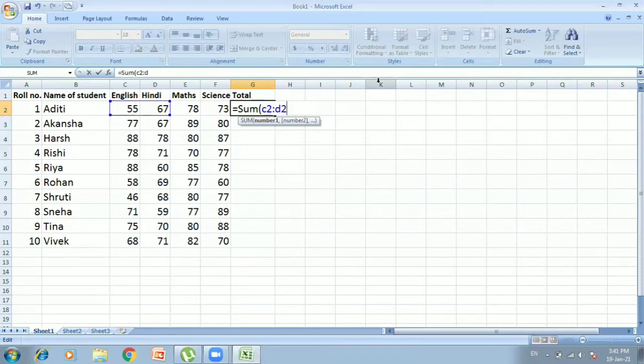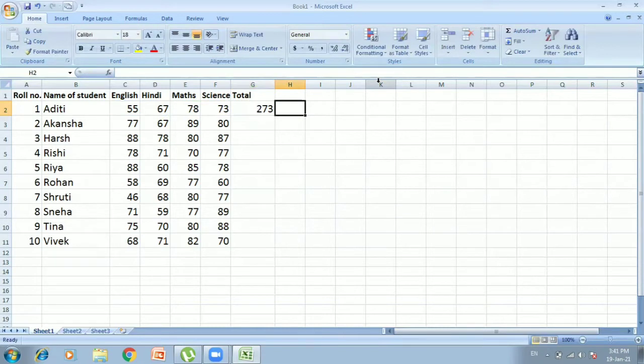Again it is highlighted, semicolon, E2 to add the marks of maths also. And then again I have science, that is F2. After that, what will happen? I will close the bracket, and as soon as I press the tab key, it will give me the sum